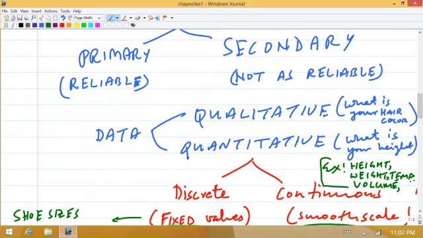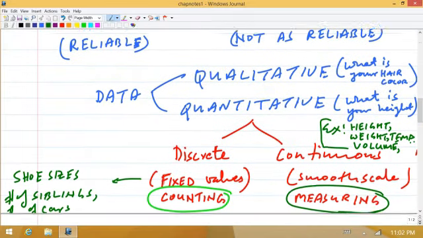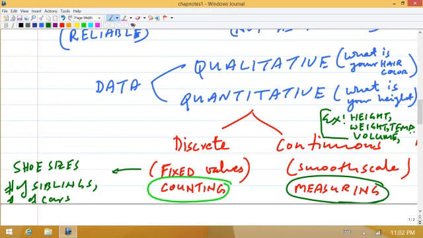When we talk about data, we look at discrete variables and continuous variables. Now, what are discrete variables and what are continuous variables? Examples of discrete variables are number of siblings, number of cars, shoe sizes, number of computers in your home. The number of people enrolled in the statistics course is an example of a discrete variable. So they have fixed values and a counting process.